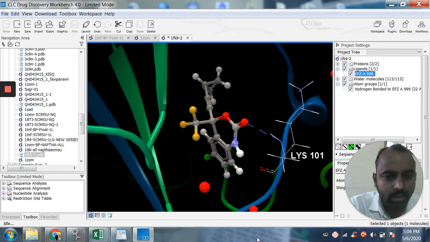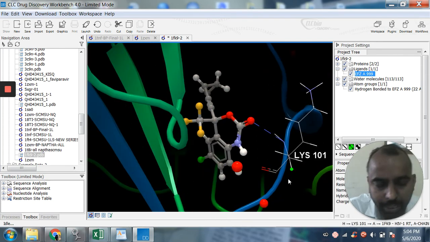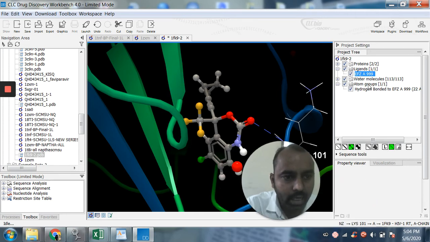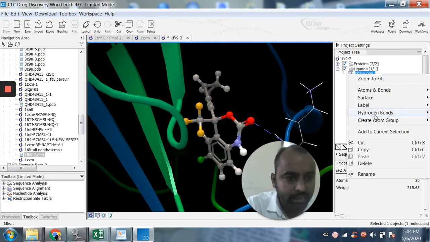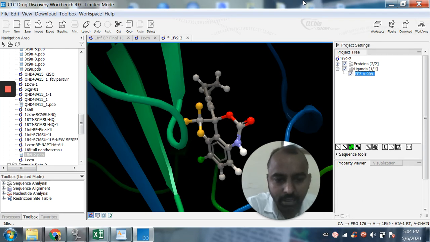Now this is the interaction of my residue with my ligand, the active site interaction. Now I'll remove this interaction part as well as these water molecules, which I do not require, and I'll redock this. I will use the binding pocket. The binding pocket is the position at which my ligand is present in the molecule, and I'll perform the docking again with the same ligand which is already in the receptor pocket.